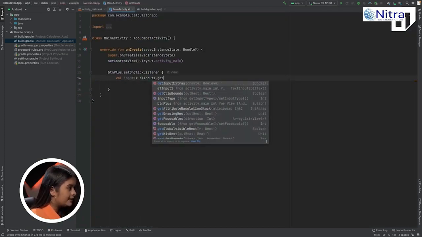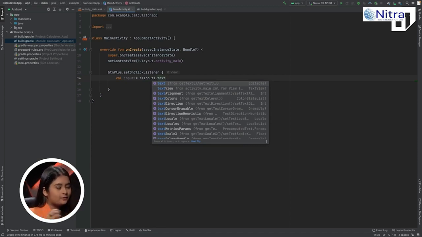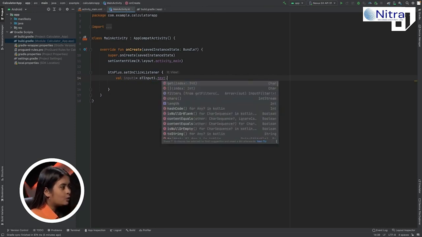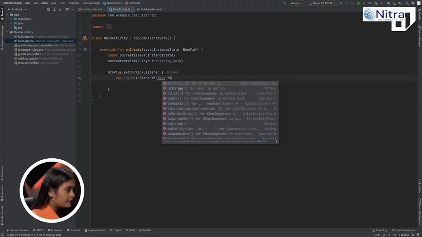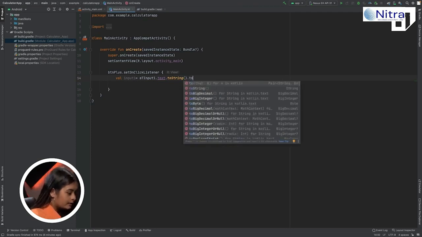We will get the text from whatever is written there. To get text or set text, we have this, you can see the text option is here. This is from the method get text only. Input1 dot get text dot, we have to convert this into a string first, and after that, because we have to perform operations, we can't do multiplication, subtraction, all those on a string, so we have to convert it into an integer. So toInt,